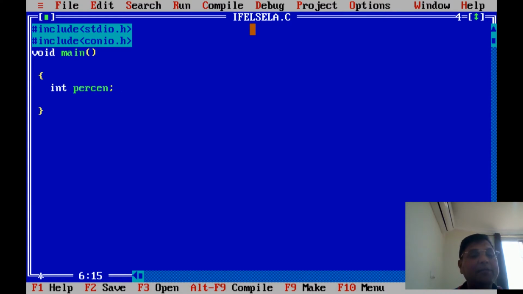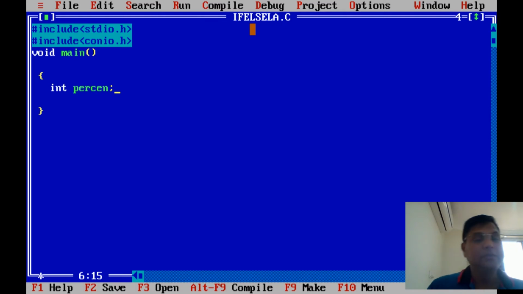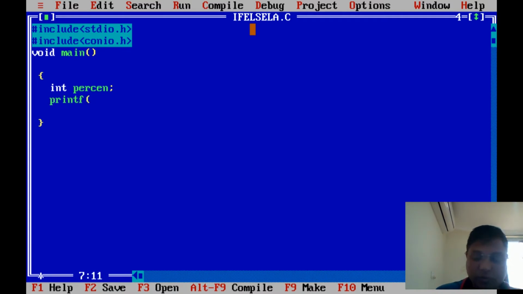One variable I need from the programmer or the user. So I'm using the integer percen and giving a message from the compiler to the user: please enter the percentage of the student.